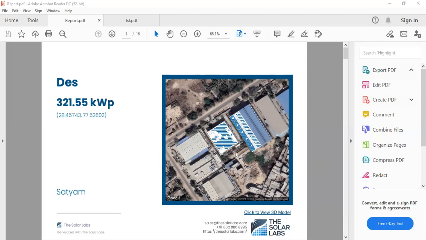So like this you will come up here. Here we have all the four main details: annual production, the system size, then the return on investment, and the payback period. Next, we have also given the feature of sun simulation here, so your client can see the sun pattern on his roof for any particular day throughout the day. He can check, for any particular time of each day, how the shadow pattern is changing. So this was the report part.